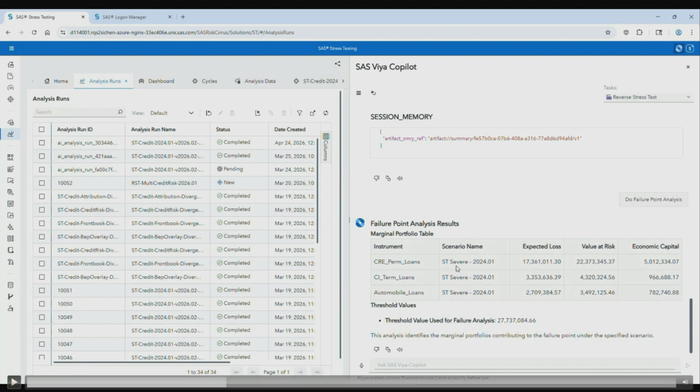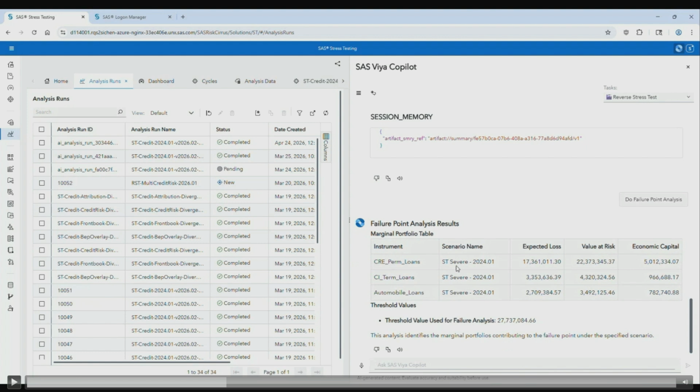What it did is prioritize the portfolios, and based on the threshold value we already have in the solution, it identified the portfolios which are more at risk. So this is an example where you want to identify where the problem is in the portfolio, which is more prone to failure.